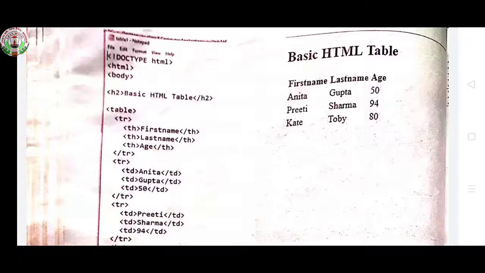So at that time we have to use border. Here border is not given. You write border inside the table tag, where we start the table, after H2 basic HTML table, close H2, then the table tag. Inside the opening table tag, give a space, border equals some value like 0, 1, 2, which is the line width. You give that and close the tag, then you will get lines also.